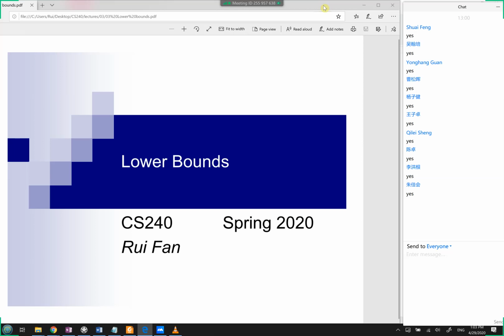Okay, so the reason we care about lower bounds is that usually we want to have algorithms. Algorithms let you solve a problem, whereas a lower bound says that you cannot solve a problem, or at least you cannot solve it very efficiently. So why would we be interested in lower bounds? Why do we want to know what we cannot do? Well, the reason is that, for example, if you design an algorithm and it has a certain complexity, then